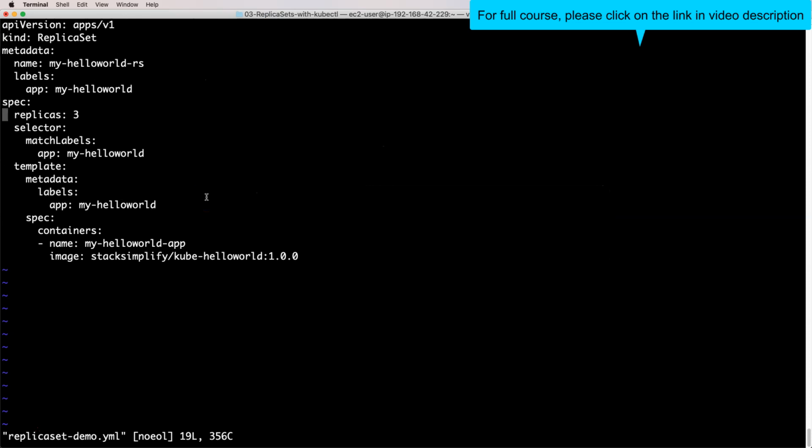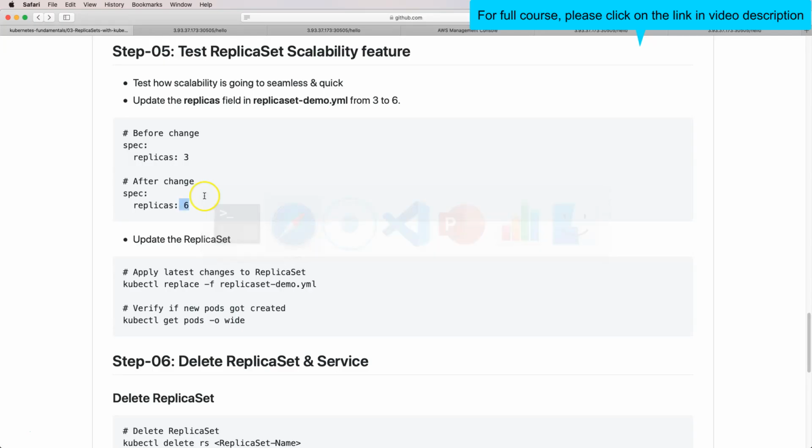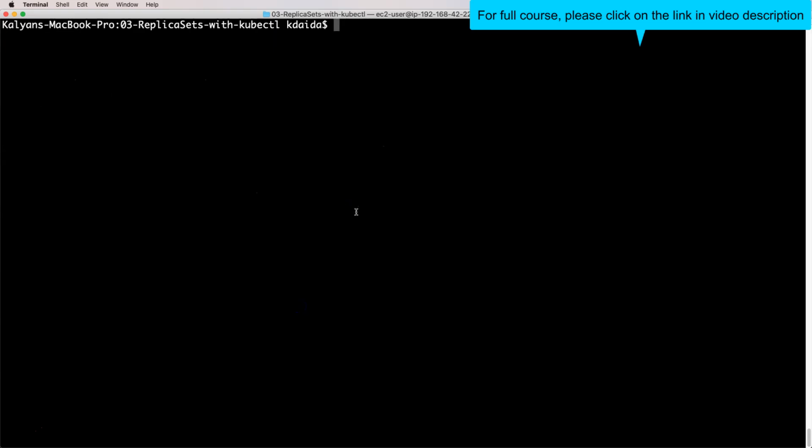I will say 6 replicas, and then save it, and then apply the change, which is nothing but kubectl replace with the same file. Let me clear and paste kubectl replace -f and the replica set demo.yml, and let's see what happens.